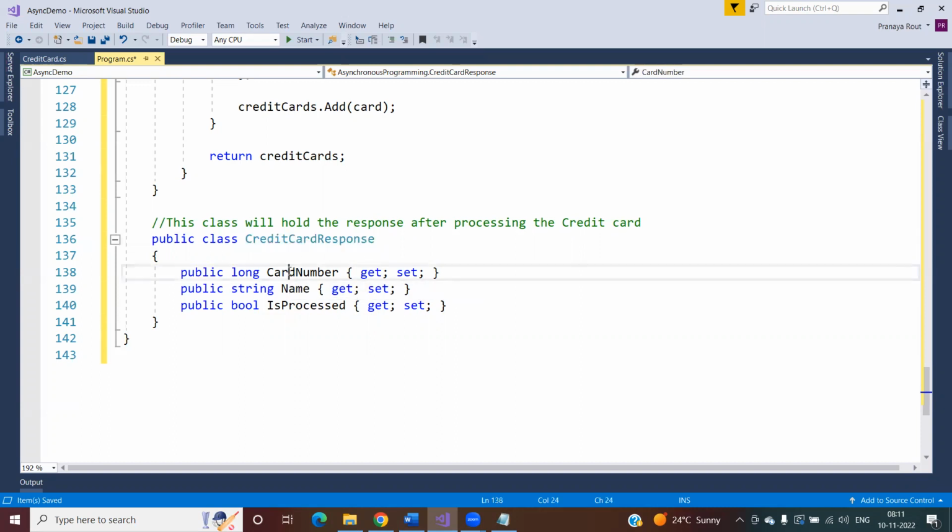So in this class, the credit card number and name, whatever you are passing, will be stored here. And this property, you can see, is a Boolean property. If the credit card is processed successfully, then this property is going to be true. And if the credit card processing failed, then this each processed property is going to return me false. So now from the process card method, instead of returning a string value, I'm going to return